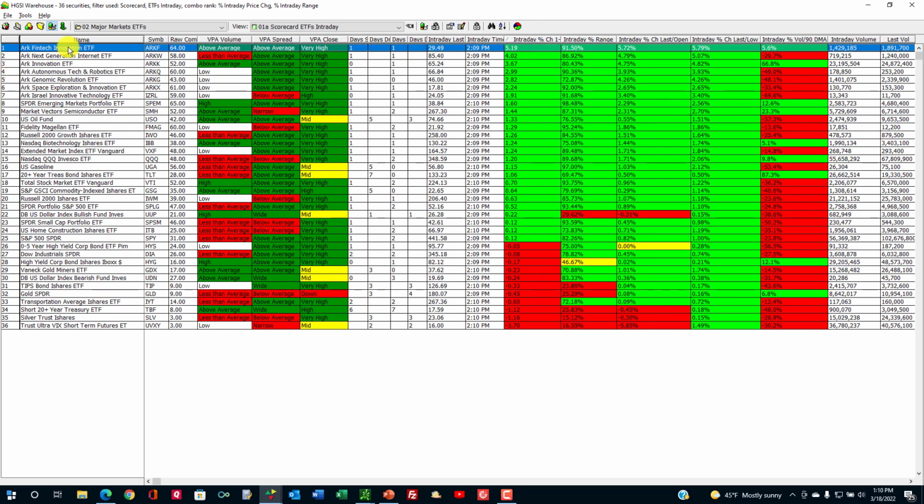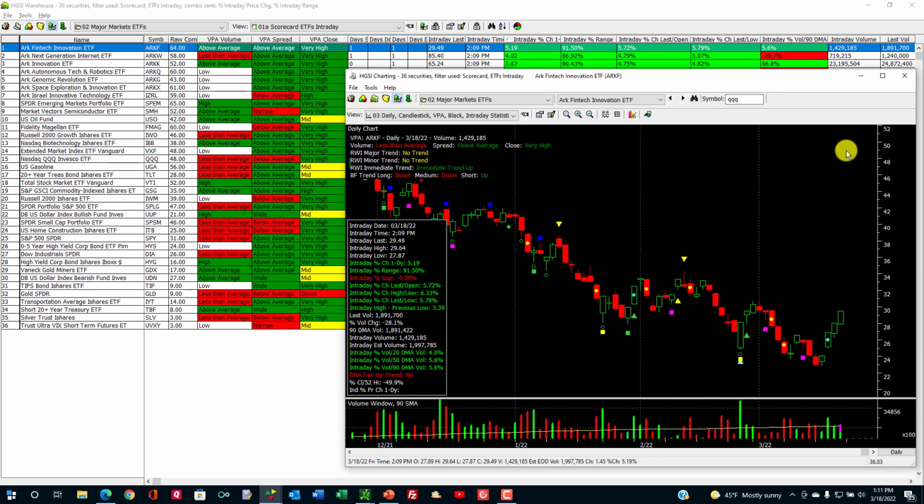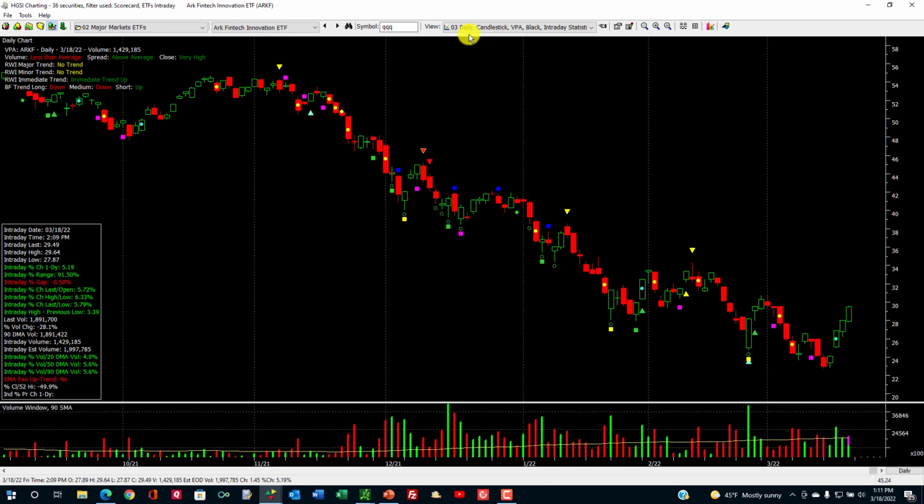If I sort on intraday percentage price change, it shows you that all of these ARK ETFs, which have been so beaten down, are rallying strongly again today. Let's just take a look at this one. This is the FinTech,